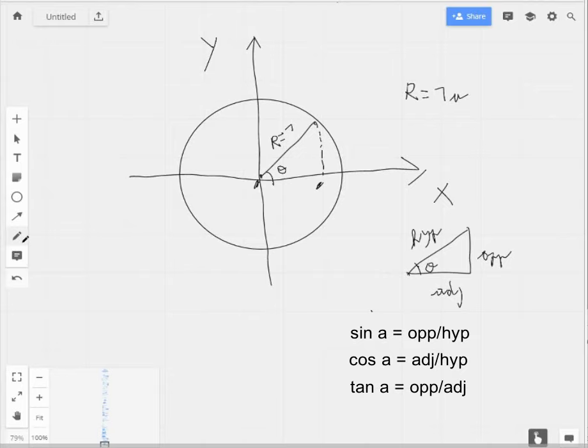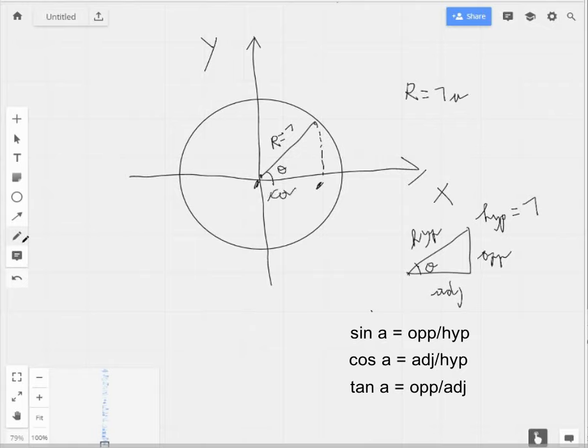So the nice thing about the unit circle is the hypotenuse is equal to 1 unit. So that means that when we take the ratio, for example, between adjacent and hypotenuse, we simply get adjacent. The value gives automatically the cosine here,